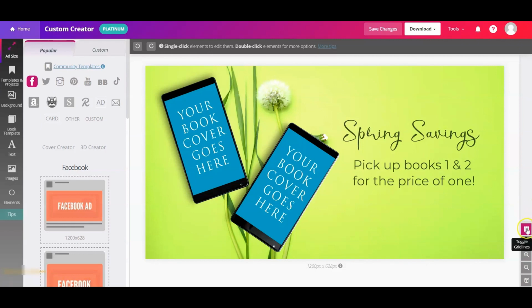So first we have toggle grid lines. One click gives you grid lines. The second click gives you these movable centering tools, and the third click turns those off. So with the grid lines, you can see all those little white lines to help you line things up. With the movable centering tools, they're pretty great because you can actually click and drag and put them where you